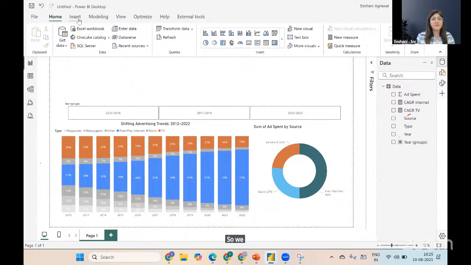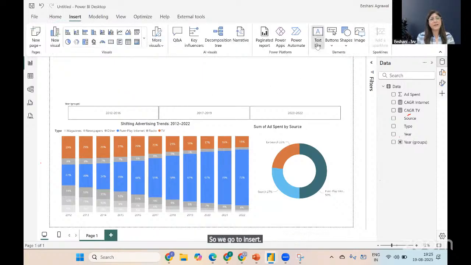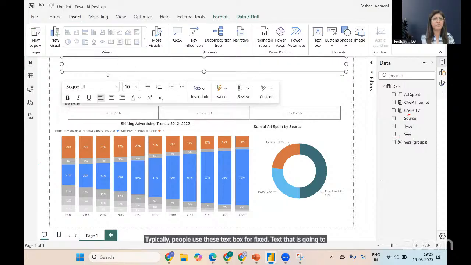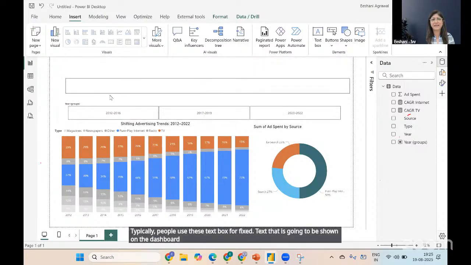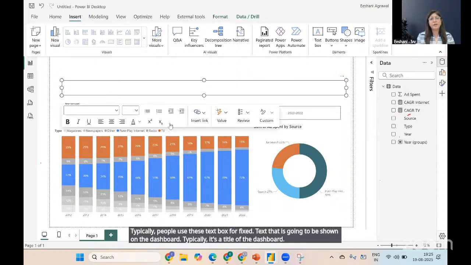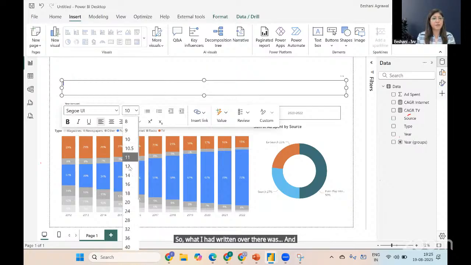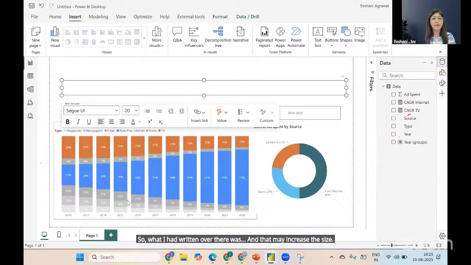So we go to insert. Over here, we create a text box. Typically, people use this text box for fixed text that is going to be shown on the dashboard. Typically, it's the title of the dashboard. But today, we are going to use this feature called dynamic value. So what I had written over there was, and let me increase the size, let's say 20, percentage CAGR